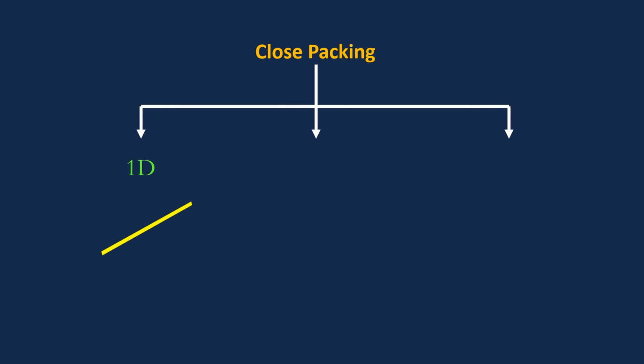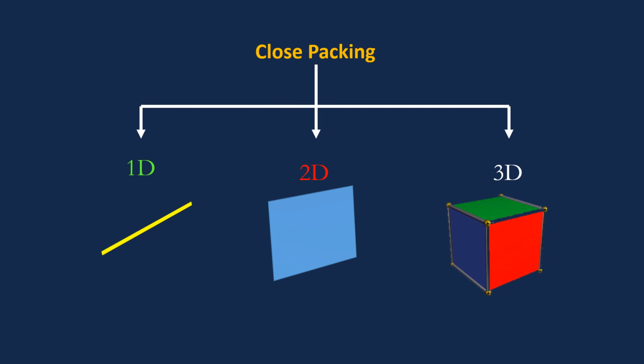The next part is close packing. We know that in crystals, the constituent particles are orderly arranged. We want to study the peculiarity and nature of those arrangements. For the convenience and easiness of our study, we can start with one-dimensional close packing, and then we will go for two-dimensional close packing. And finally, we can understand how it can be applied to three-dimensional close packing. Actually, in the crystal system, only three-dimensional close packing is possible, and it is there. And we can study three-dimensional through 1D and 2D close packing structures.